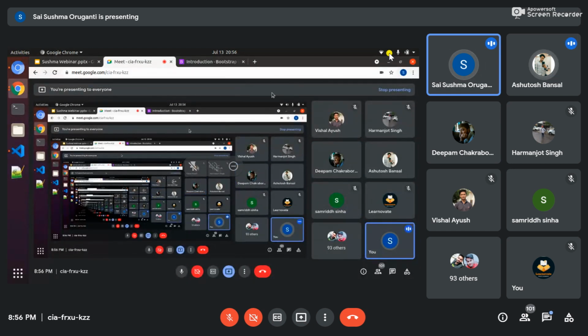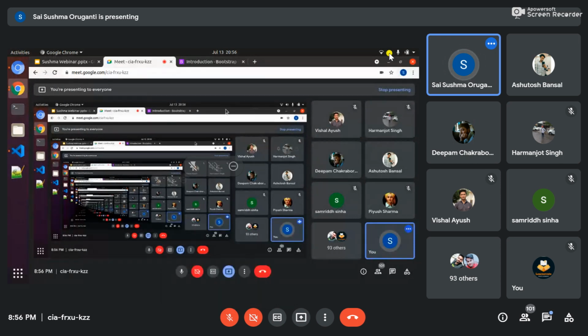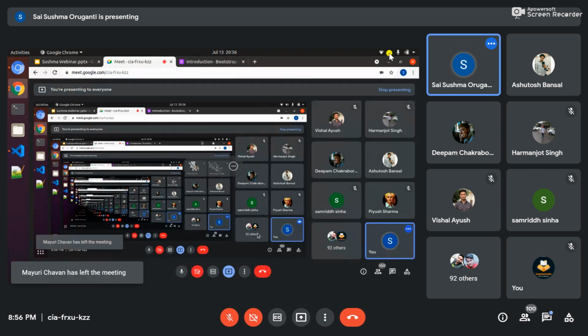You can divide one whole row in 10 parts and 2 parts, or you can divide one row into 3 parts also, like for example, 4 and 4 and 4. Totally 3 items you can align, n number of items you can align, but it has only 12 parts. In 12 parts you can divide whatever you want. Okay, ma'am.